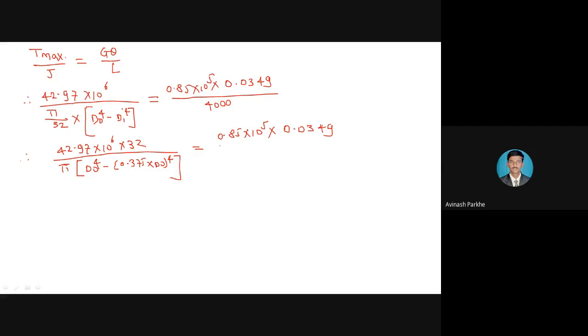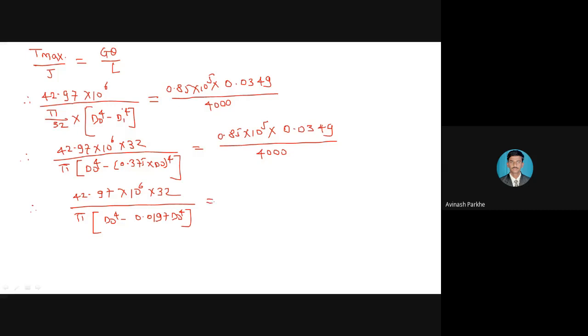0.0349 divided by 4000. Again, 42.97 into 10 raised to 6 into 32 divided by this pi as it is in bracket, do raised to 4 minus 0.375 to the power 4. 0.0197 into do raised to 4 bracket complete, which is equal to, if I do the calculation for the terms, or I will write as it is, 0.85 into 10 raised to 5 into theta